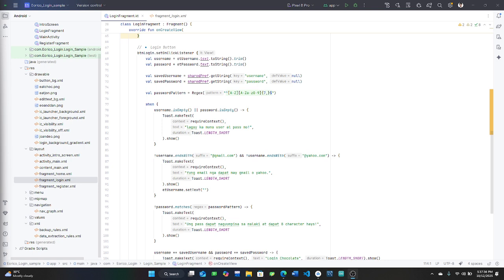In the previous video, we discussed how to create a basic login sample using Android Studio. We introduced the login as well as the register functionality, where we need to create an account first before transitioning to the login to be able to go to the main kit or the home page.